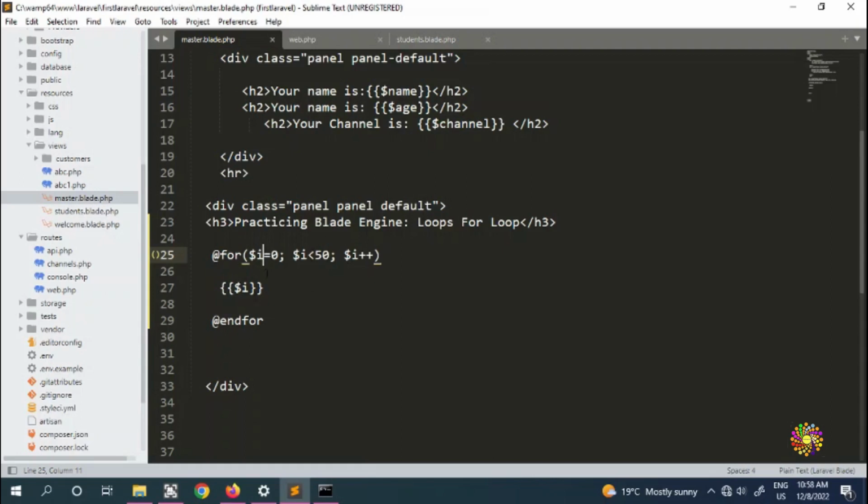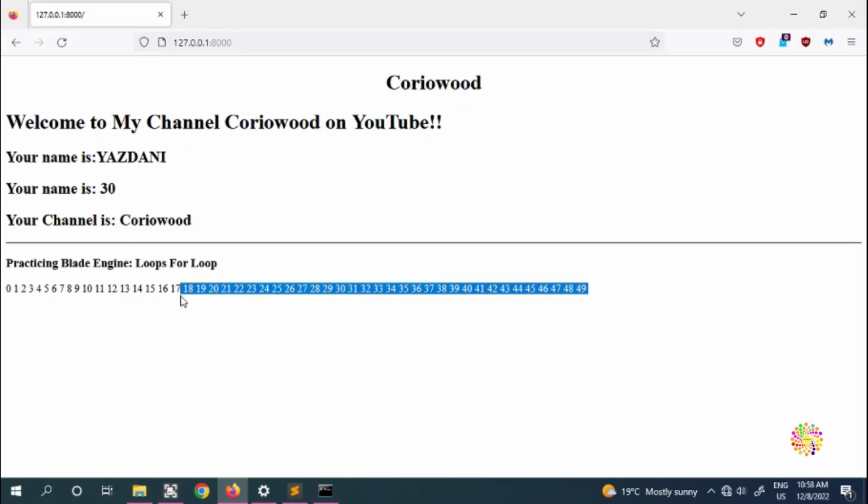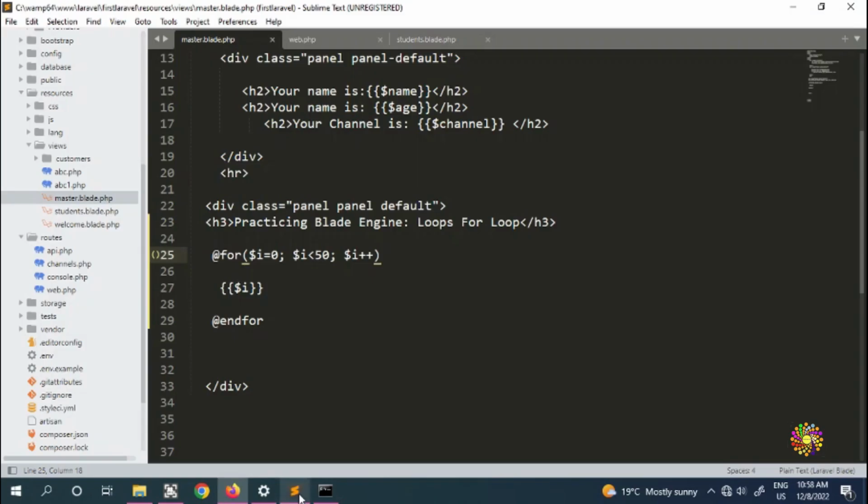You can make a variable for your name or your friend's name. So now we have initialized from 0, or you can start it from 1, and we go all the way to 50, less than 50, and we instruct Laravel to stop at less than 50. So if you come here, you're going to see that we started from 0 and go all the way to near 50,